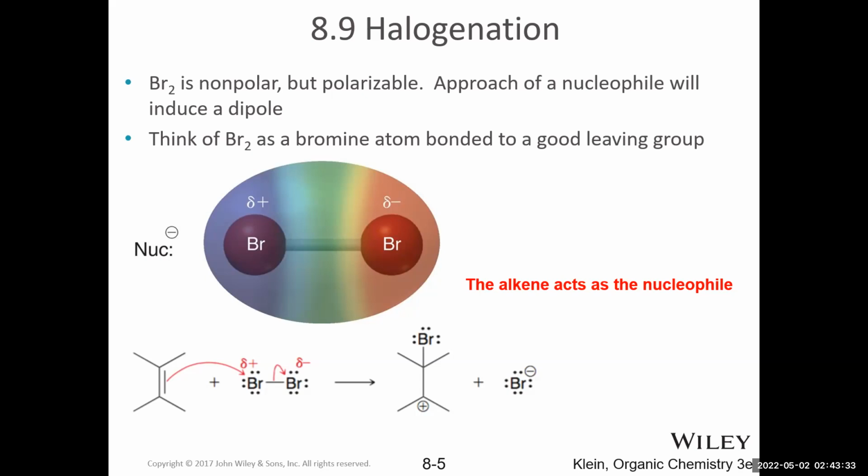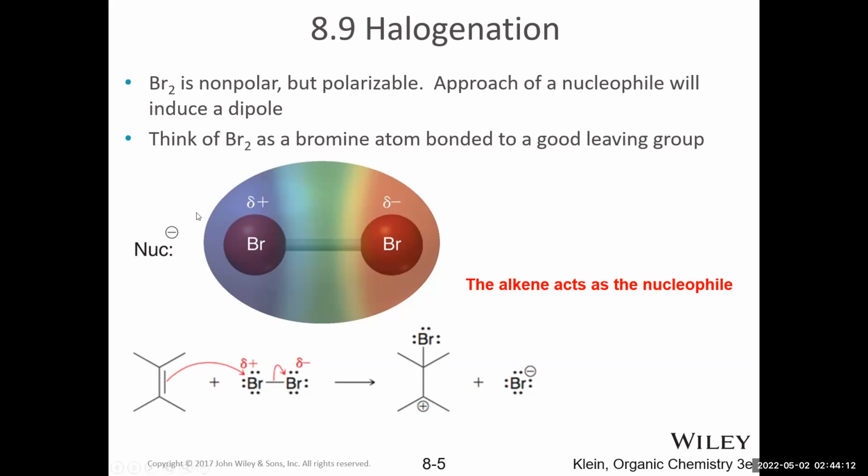So the electron-rich nucleophile, when it approaches bromine, will cause a lot of the electron density in bromine to move to the other side of the molecule so that there are opposite charges that can attract. And this happens pretty well with chlorine and bromine because they're large atoms. So their electrons, particularly the valence electrons, are held further away from the nucleus. So they have less attraction to the nucleus, and they have more freedom as a result. So they are what we call more polarizable.